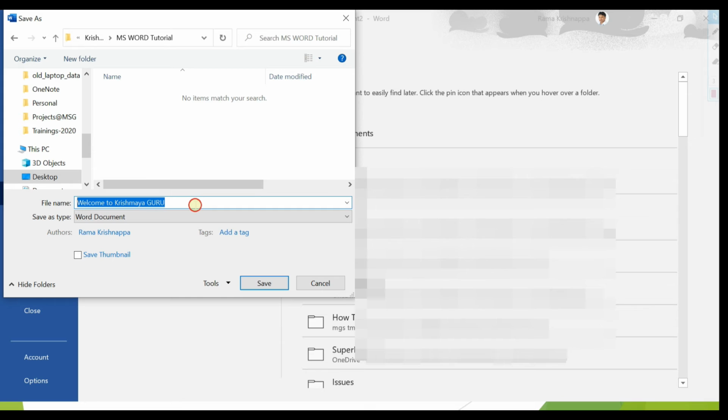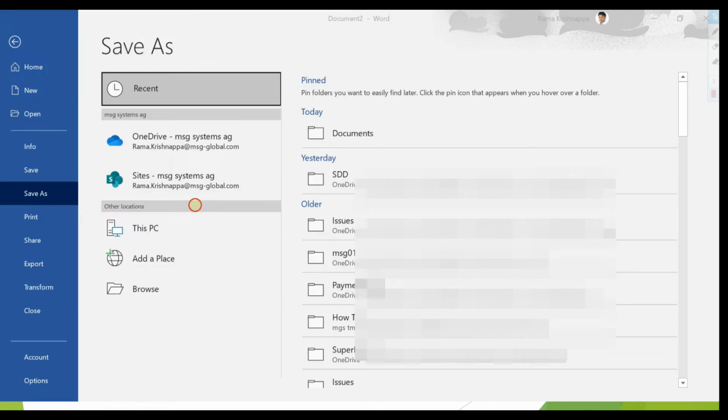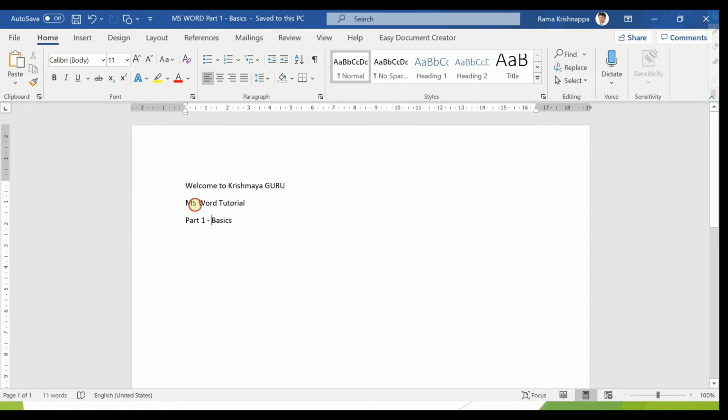So let's type in MS Word part 1 basics and click on save here. Now you can see that MS Word part 1 basics, our file name, is there, and also the status, saved to this PC.